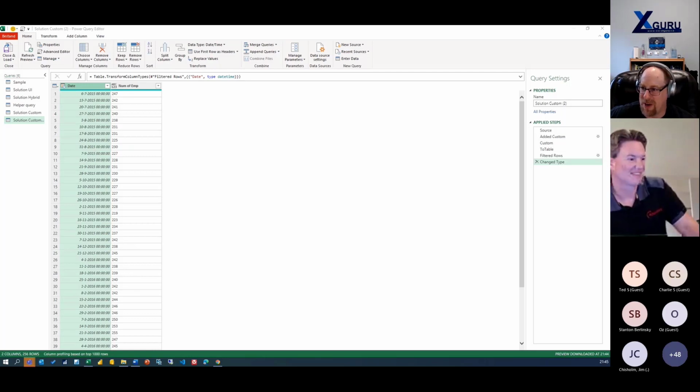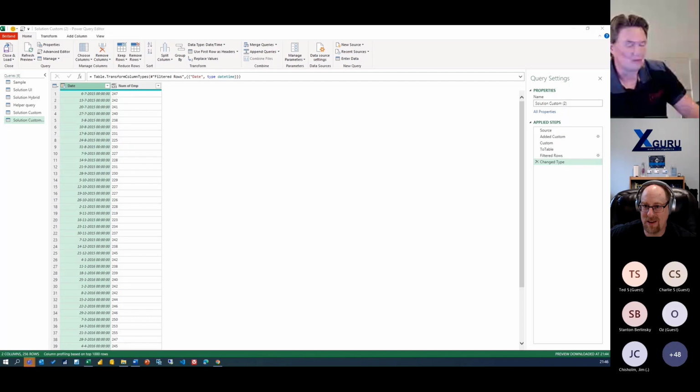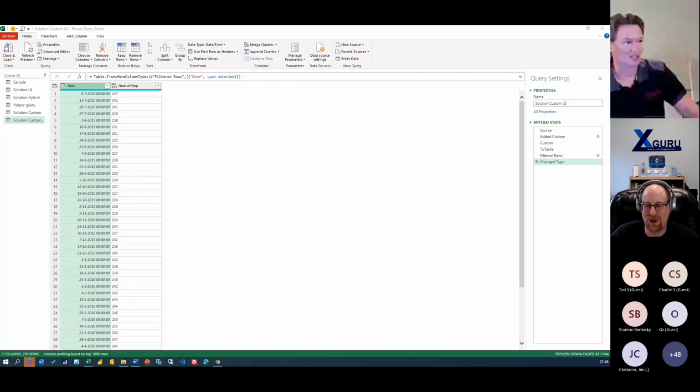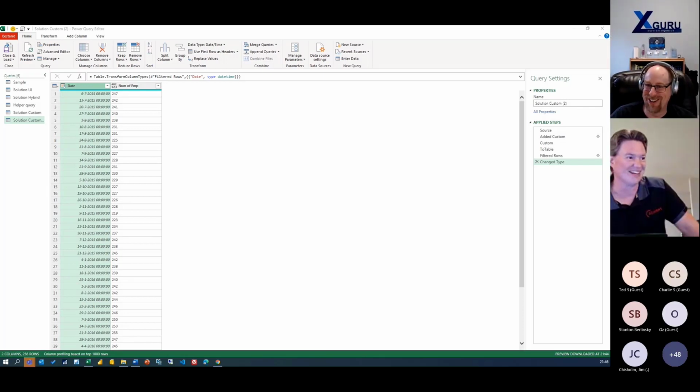Oh, Christian's throwing out new articles. Have you had the chance to explore the new try catch in error handling for Power Query yet? I found that article today as well, so I'm looking forward to getting some work done and catching errors. I heard the disappointing thing is that it's only in Power BI Desktop right now, which is a shame because my world's more Excel focused, but I can't wait until we have that in Excel so we can use it there too. I'm sure that's just the next iteration. I'm sure you're on Office 365, right? Of course, I'm on the Insider channel. Of course I am. Right.